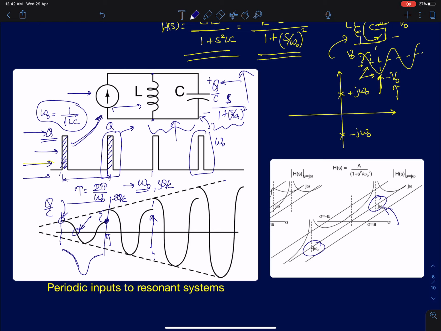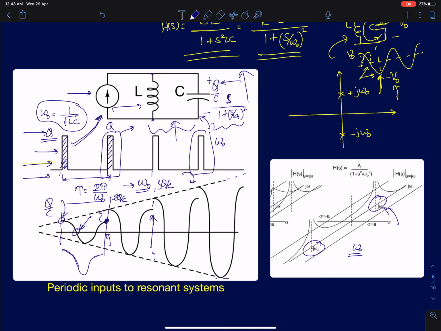I fed an input of frequency omega naught to this system, and I should expect the output to blow up to infinity. Here, what we are seeing is that it blows up and the output actually increases linearly. Probably in later lectures I'll discuss this. It actually behaves like an integrator around omega naught, which is why it has a linear increase, the way we saw for an integrator at DC. I'll not go into that now; we'll talk about it at a later stage.